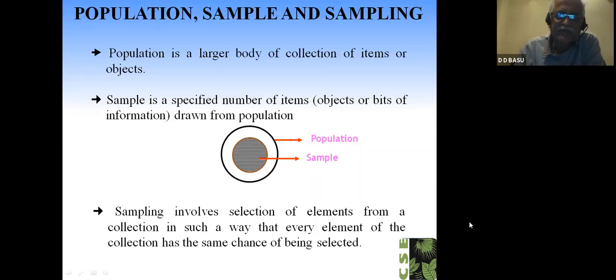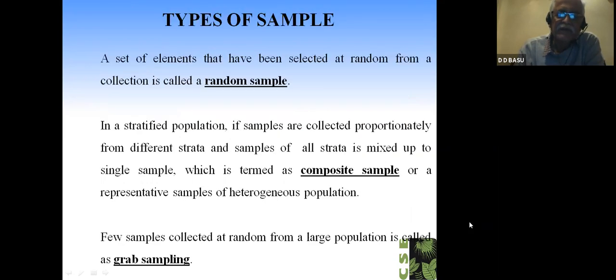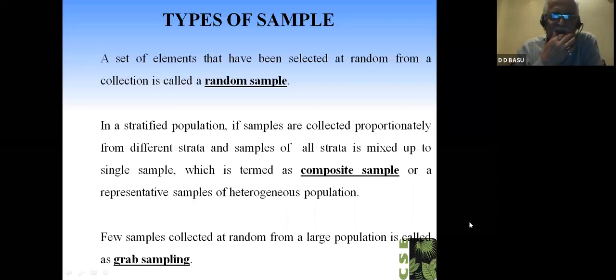Next. There are 3 types of sample: random sample, composite sample, and grab sample. If you are taking a sample just once every month, it is a grab sample. But if you are going to the impact station which you have predicted from your wastewater discharge, that station, you should go for a composite sample. That means